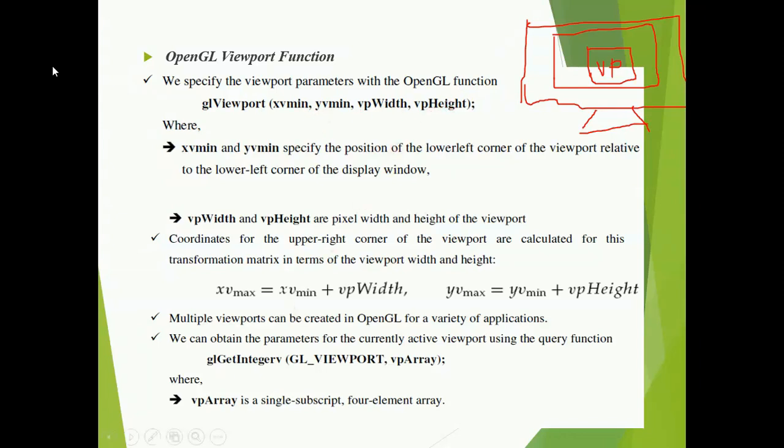Next, you will have to define the coordinates of the viewport with respect to the upper right corner also. So how do you calculate the upper right corner of the viewport? Coordinates of the upper right corner are calculated using a certain formula, that is xvmax and yvmax.